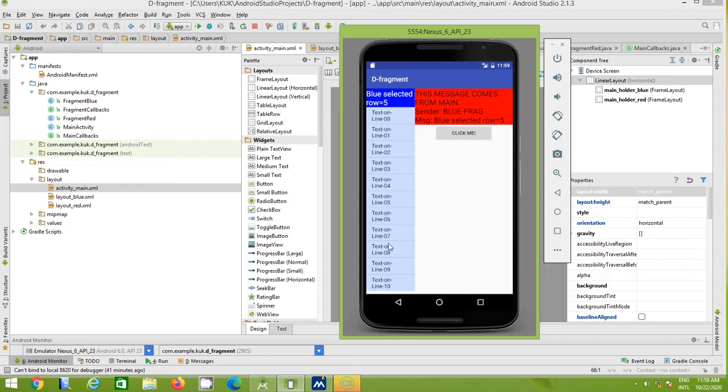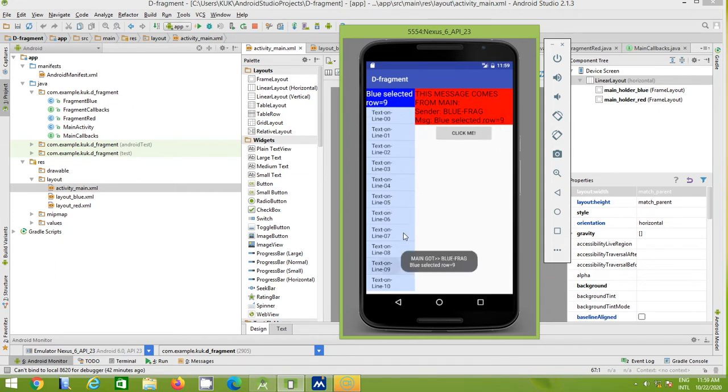So the message will go to main, then from main to the red fragment. In the red fragment you can obtain the message: this message came from main, the sender is the blue fragment, and the selected value is 5.